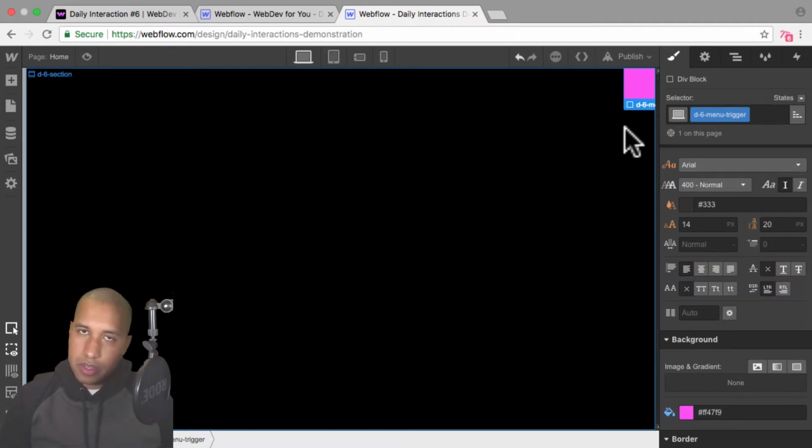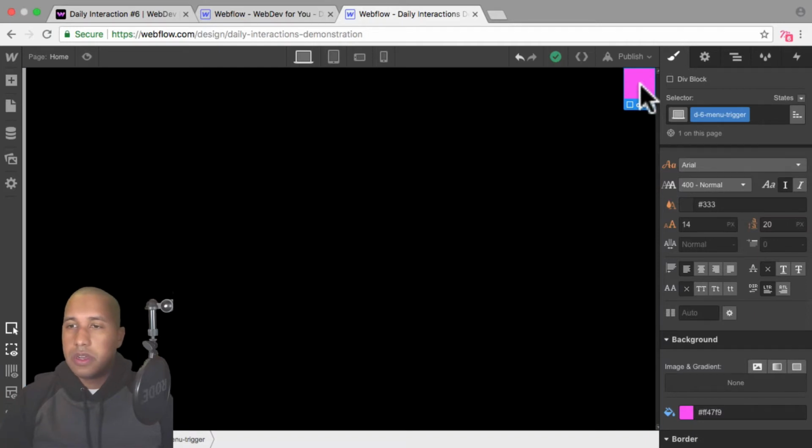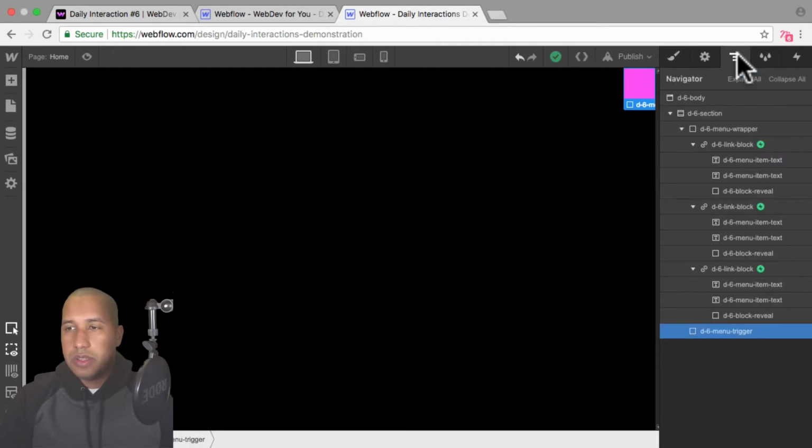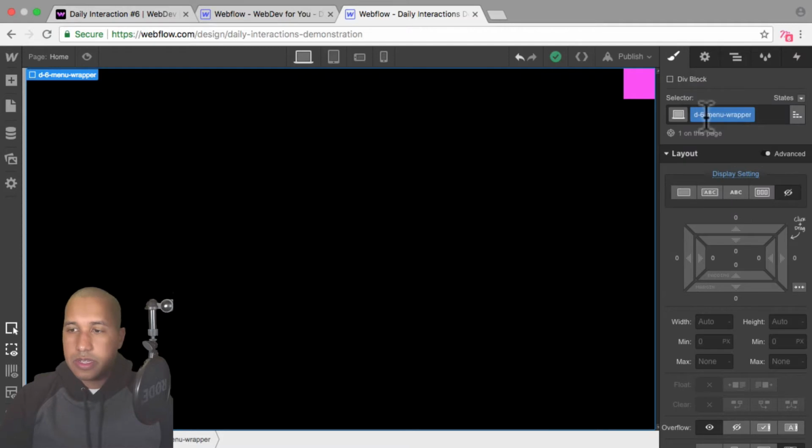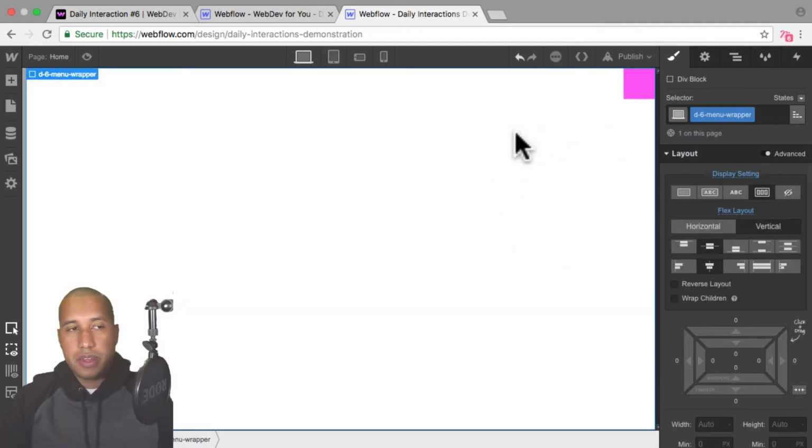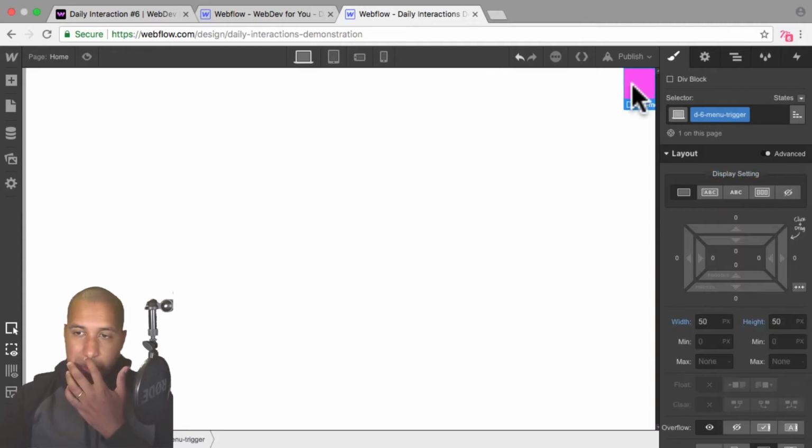You probably want something a little bit more interesting, like an icon that opens the menu. But sorry, we just need a menu trigger. So we have the menu trigger. I'll go back into the navigator, select the menu wrapper, go into styles, and set the display setting back to flex, so we bring back the menu. In this case, the menu trigger is on top, which is great.